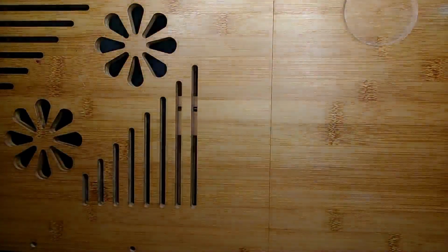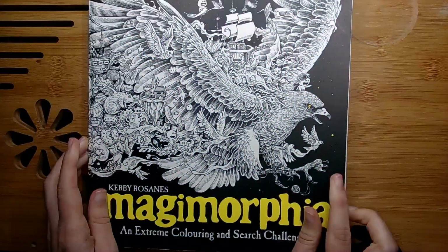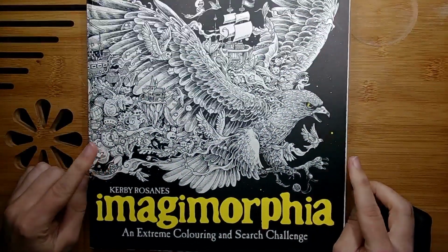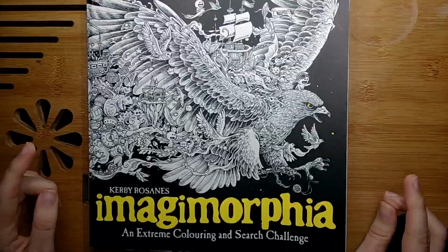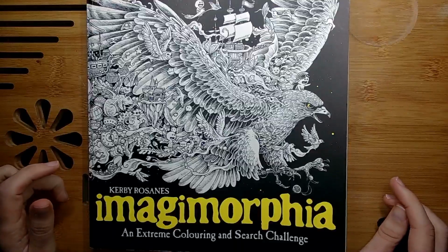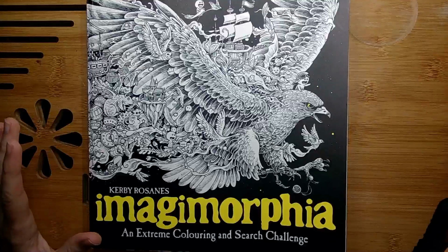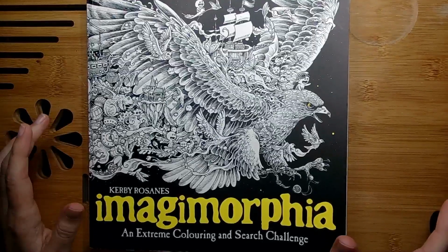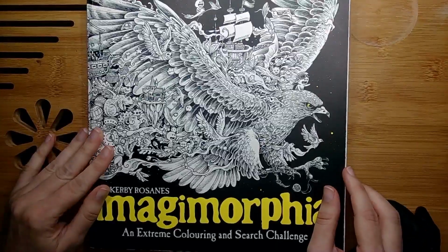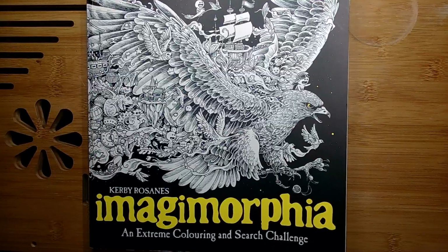But yeah, that's my first WIP. I do have another WIP, but before I show you the WIP, some of you may remember that one of my on-stream projects was the tiger in Imagimorphia by Kirby Rosanes, and that was the second time I tried working with oil pastels, and the paper here was absolutely terrible with the oil pastels. It looked patchy as hell, ugly, smudgy, and just not good. So I was unsure how to handle that, and the main problem was that I didn't know that there are